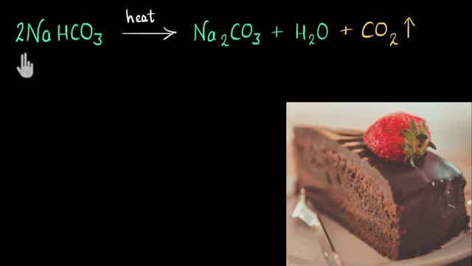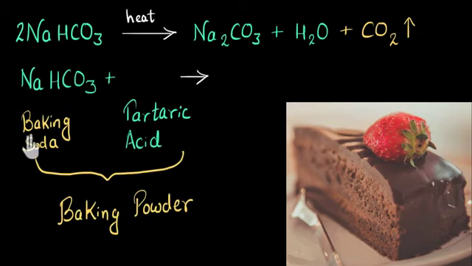See, if I had mixed baking soda into the dough of the cake, right? And when I had heated it, this would have decomposed to give me carbon dioxide, definitely. Yes, that is helpful. But also with that, I would have got Na2CO3. And this is basic in nature. Now you would think that, why is that a problem? So see, you might recall that bases taste bitter. Whereas cakes are supposed to taste sweet, right? So this is going to spoil the taste of our cake. And that's what we don't want. So that's why we do not use baking soda to bake cakes. Instead, we use baking powder, which is a mixture of baking soda and a mild edible acid, tartaric acid.